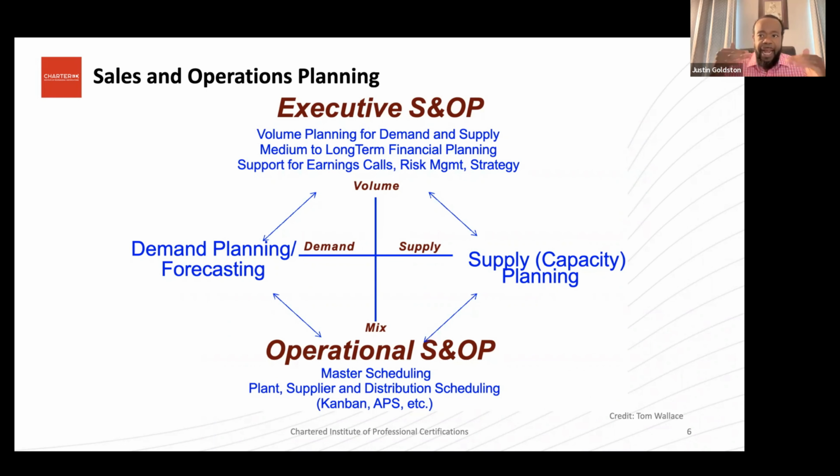So that's the high level. So that's the executive level, the strategic. You could review that from a strategic perspective, but then you also have the middle ground where you look at demand planning and forecasting. That's where that comes in. And then you have supply and capacity planning in that one,